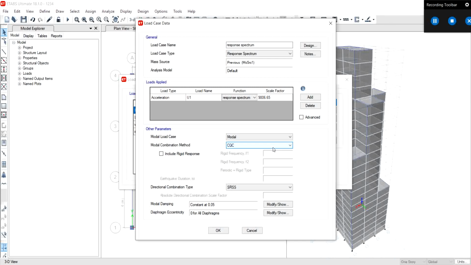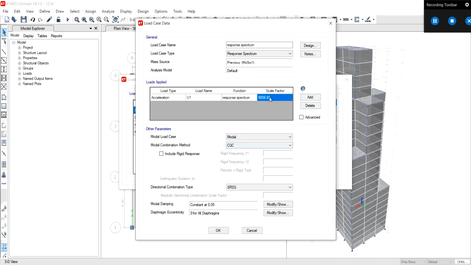So I into g upon 2r is equal to 1 into 9801 upon 2 into 3. I equal to 1, g equal to 9801 mm per second square, 2 is a constant, and response reduction factor I have taken equal to 3. So I into g upon 2r is equal to 1 into 9801 divided by 2 into 3, which is equal to 1633.5 mm per second square.